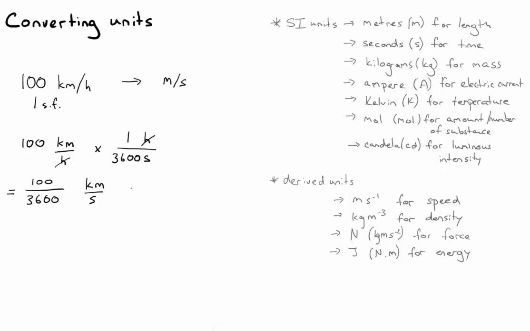So we're going to multiply again. We want to get rid of the kilometres, so we need to put the kilometres on the bottom, metres on the top. 1 kilometre is 1,000 metres. Our units cancel, and we can combine that all together. 100 times 1,000 on 3,600 metres per second. Now if we do that calculation, we get